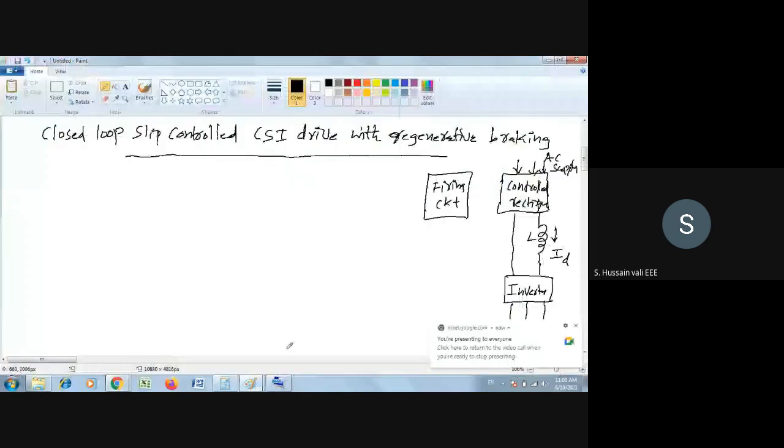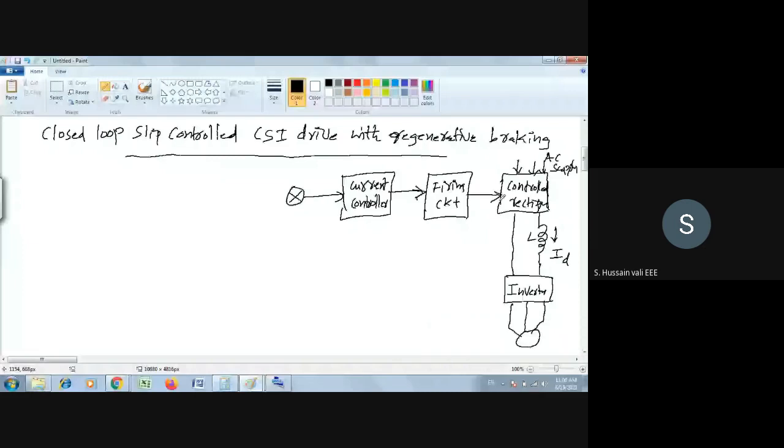Then we have the current controller. Now you can start here.